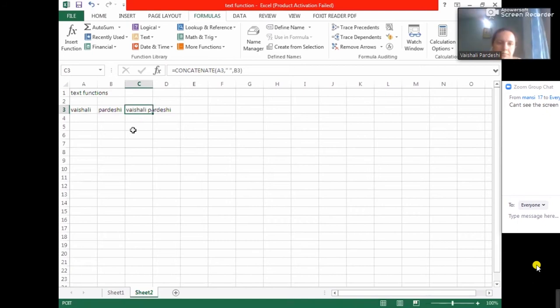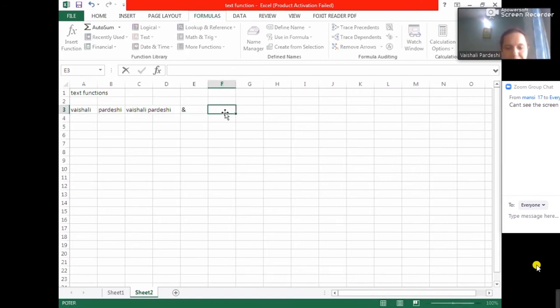If you do not want to use the CONCATENATE function, there is an operator called the AND operator, which is also known as the join operator. Most of the time we use this operator to join text instead of writing the whole CONCATENATE function. How can you use this?